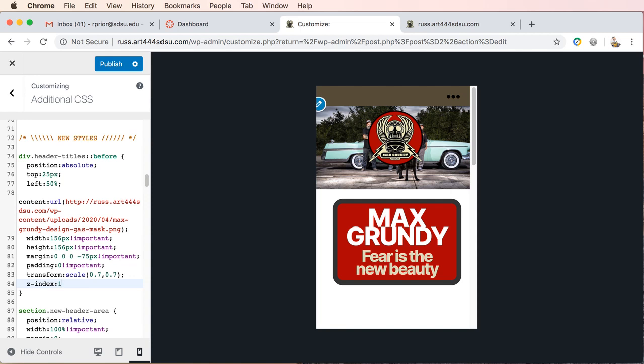Oh, okay, probably because we're using the before pseudo, it's inside of the header titles. And this will get it to appear as if it is outside of the element, if you will. So I'm just going to set this right now to 100, like so. And then we can change our scale easily enough. And we can change the top. So if we went